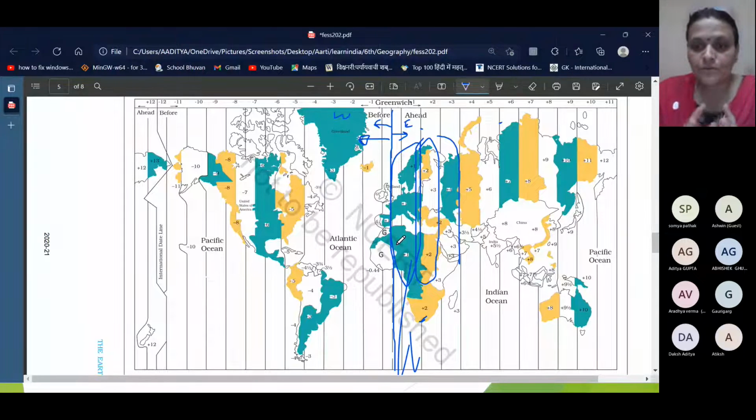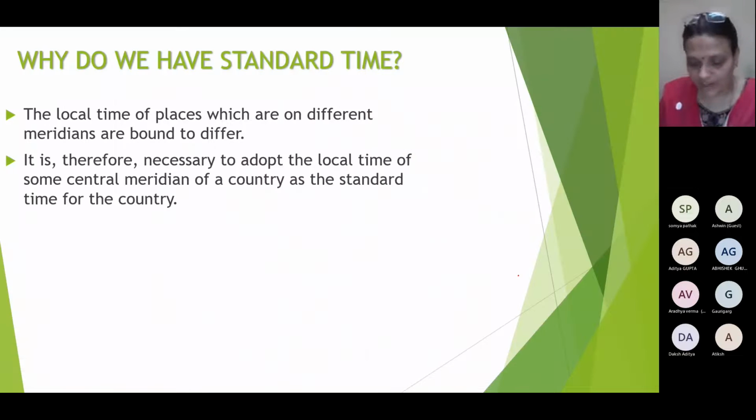For India, they took one place in Uttar Pradesh. That is the meridian for us. If I take the example of Indian Railway, and say our time zone differs by 2.5 hours, and we don't follow the same standard time, how is it going to be a problem? See, if some train is coming now, I see the time as 7:30 and it tells 9:30. So what time will I follow? I don't know which time to follow.